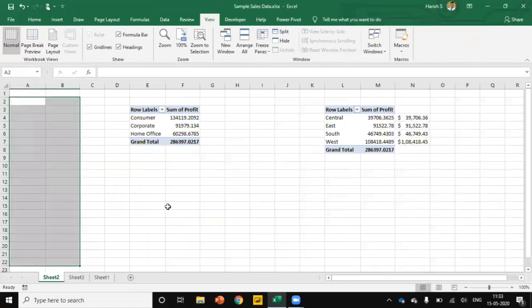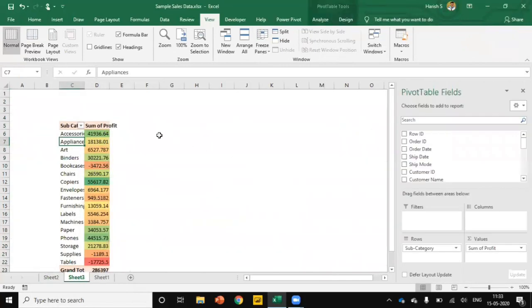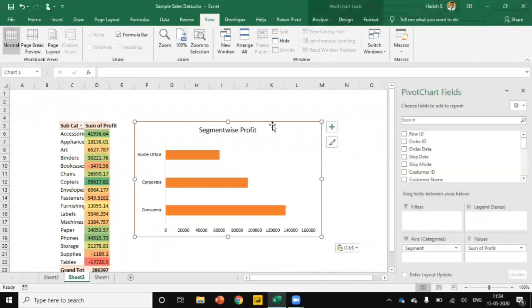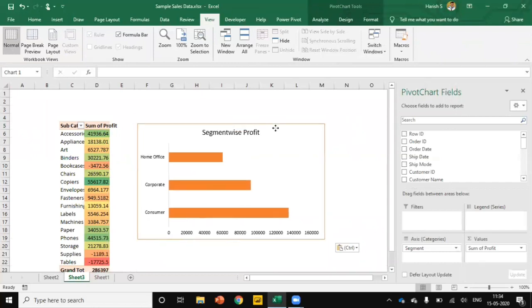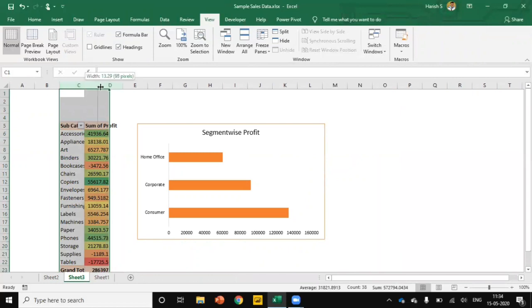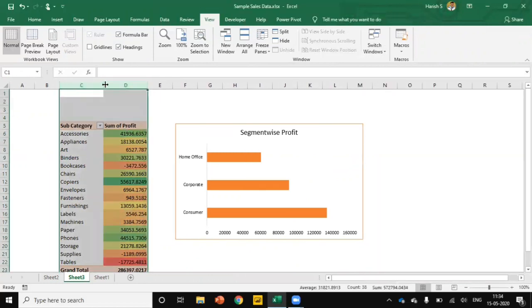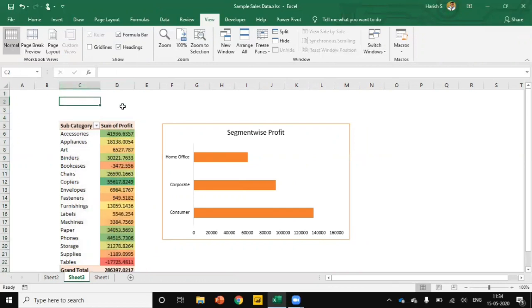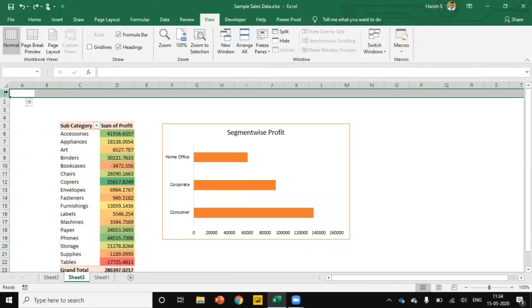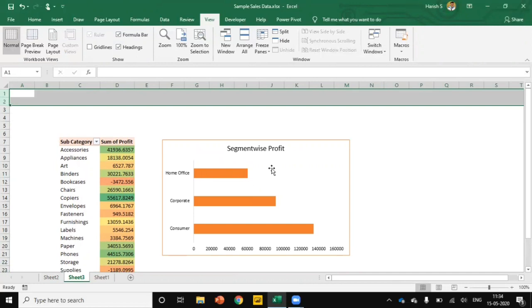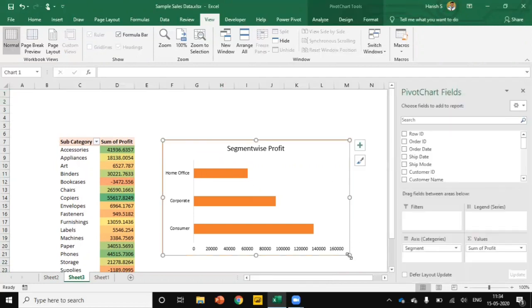Select this chart, cut, paste here. I'm going to adjust these columns, and then I'm inserting some rows. Adjust this chart.